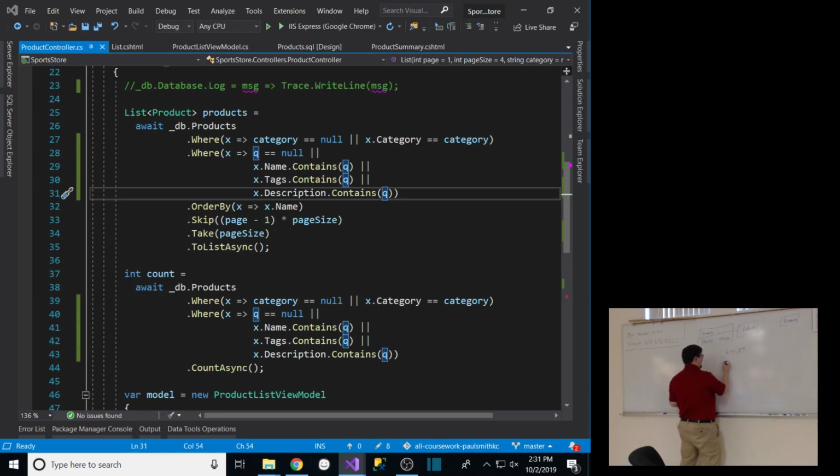I could store it as tilde/content/products/king. Or I could store it as C://